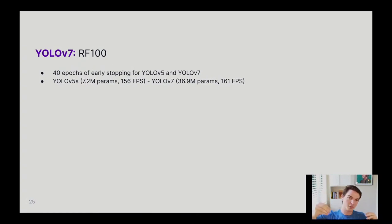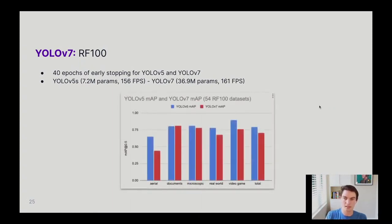So about 7.2 million parameters for YOLOv5s, and the YOLOv7 model about 37 million parameters, with pretty similar frames per second. And we went ahead and said, okay, let's run this and see the results. And so the initial results on just 54 data sets